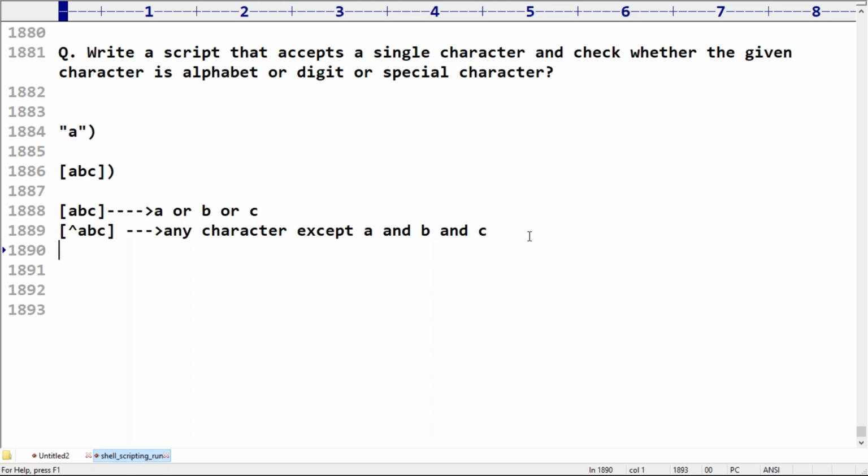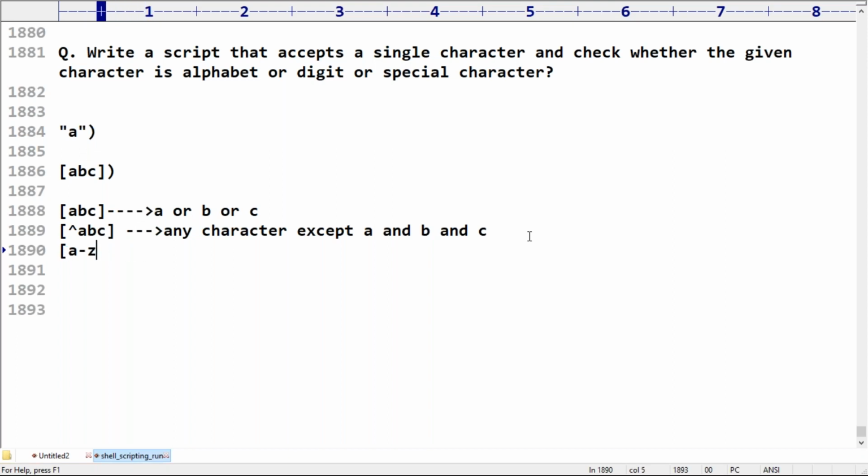Next, within curly braces abc, you can't; abc means abc only, and a, b, c with commas you can use normally. Next, if I take a to z, what is the meaning of this one?